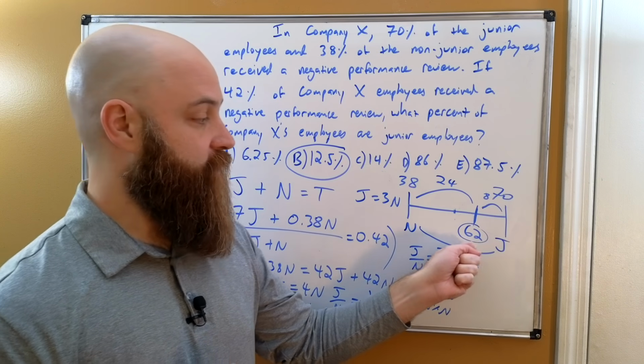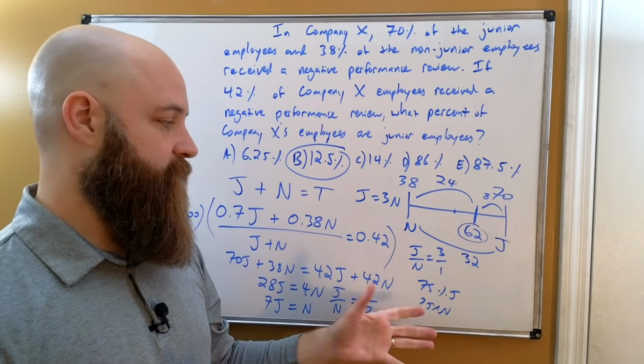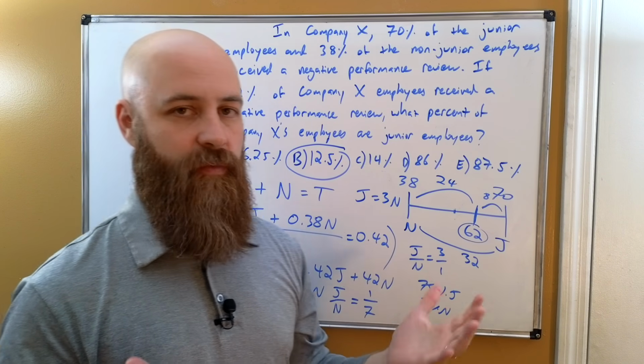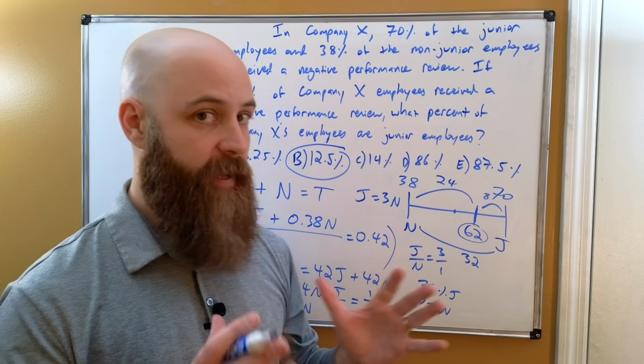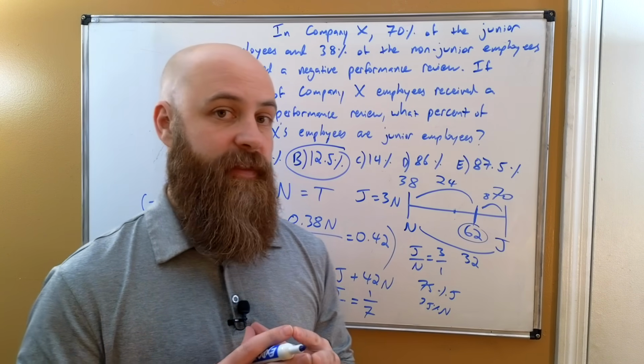For instance, if I was told the weighted average was 62, by a similar method, I could work my way backwards and figure out the ratio of j's to n's was 3 to 1. Okay, cool. So now, before we move on, you could notice a lot of ways that the GMAT could play